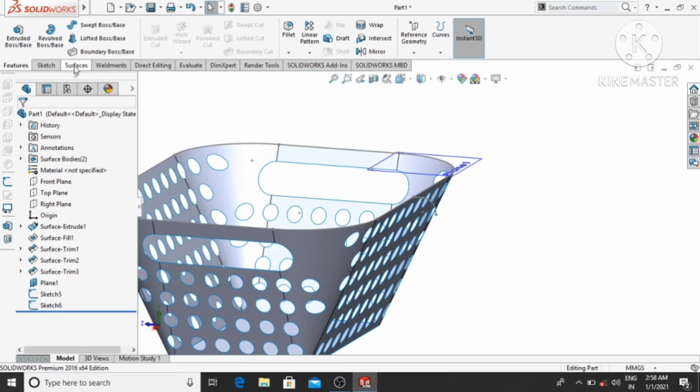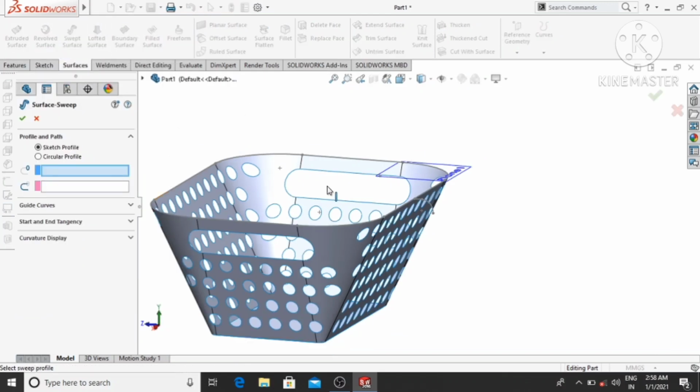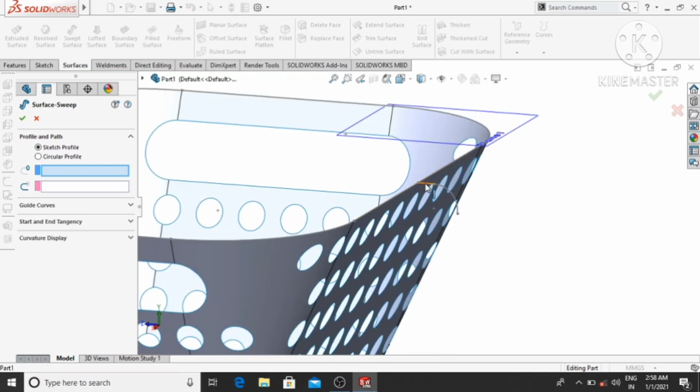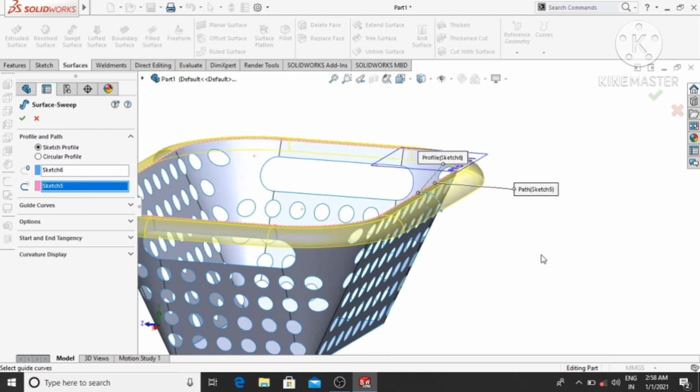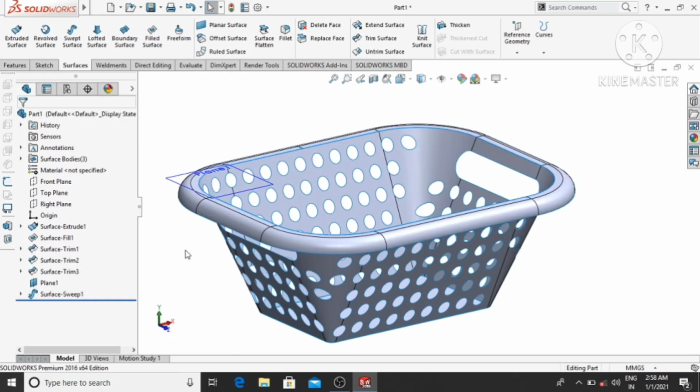Here go to the surface command. We use solid surfacing, so it will not work. So here select swept surface and here we select this sketch and select this path. So simply select this, so it will be selected and then OK.